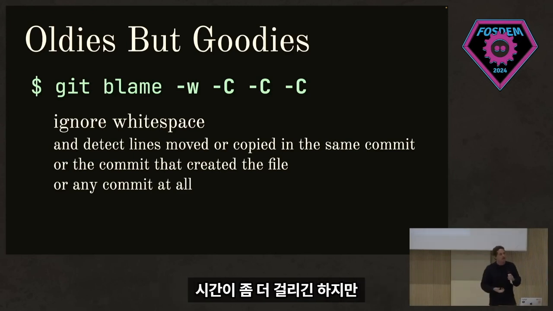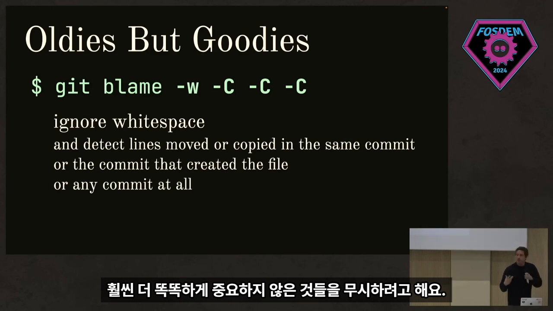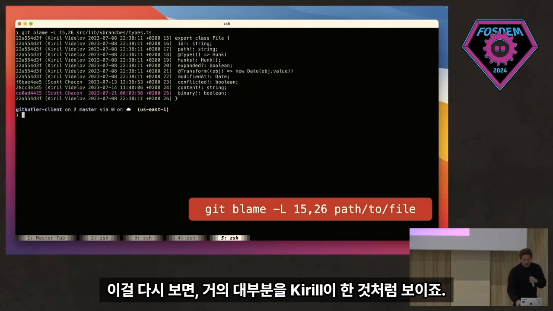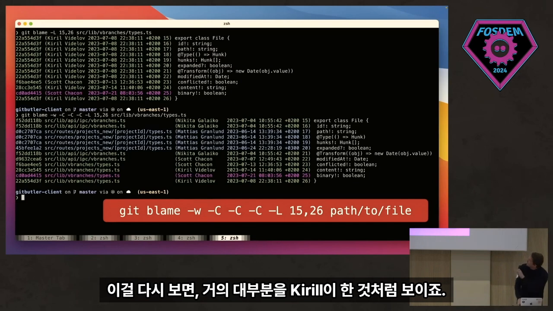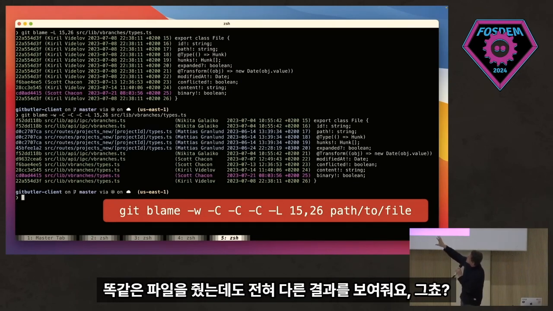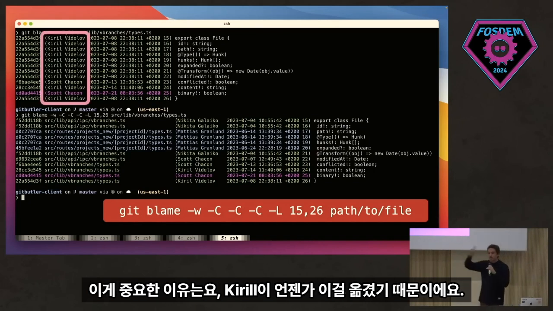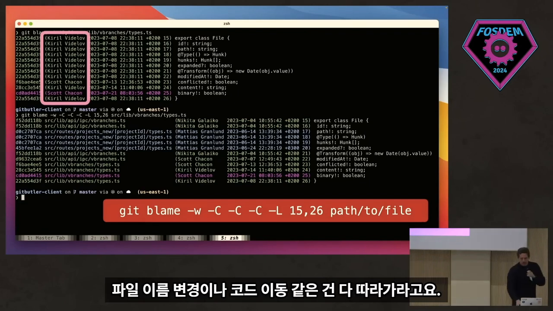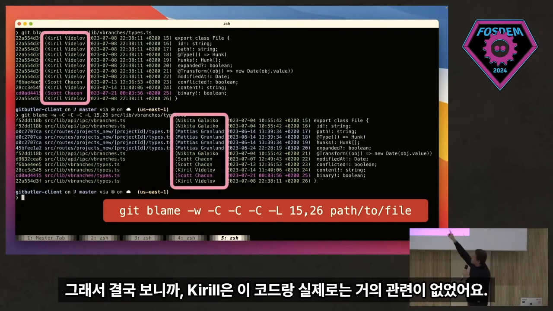Because it takes more time, but it's much smarter about trying to ignore stuff that doesn't matter. So for example, if we go back to this one, it looks like mostly Kirill did everything. If I run git blame -w -C -C -C and then give it the same thing, it gives me very different output, right? And importantly so, because Kirill moved this at some point, but I told it to ignore that, follow all the renames and all the movement,